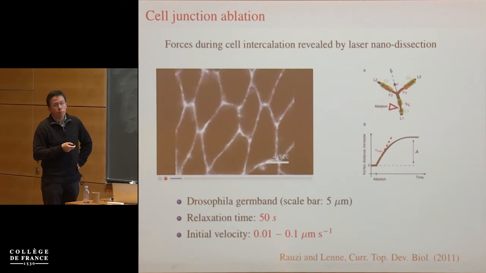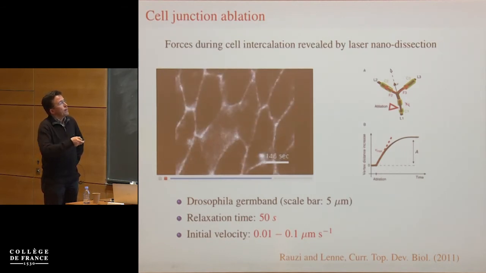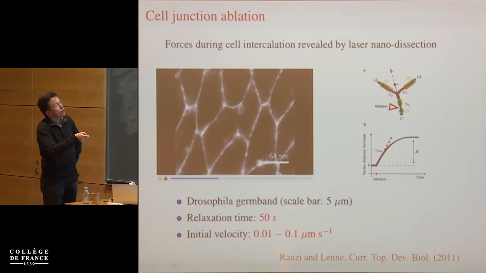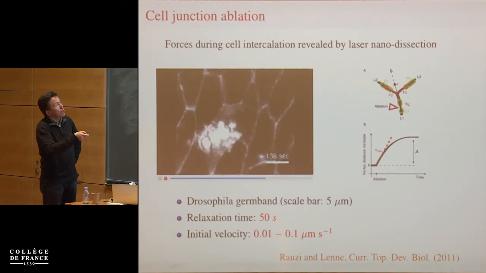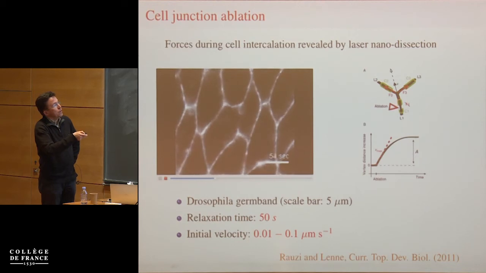Typically, one can assume that mechanical equilibrium is respected before the ablation, which means that the 3 tensions cancel. When, for instance, this junction is ablated, the force F1 goes to 0, the vertex starts to move, and the initial velocity, which goes against the